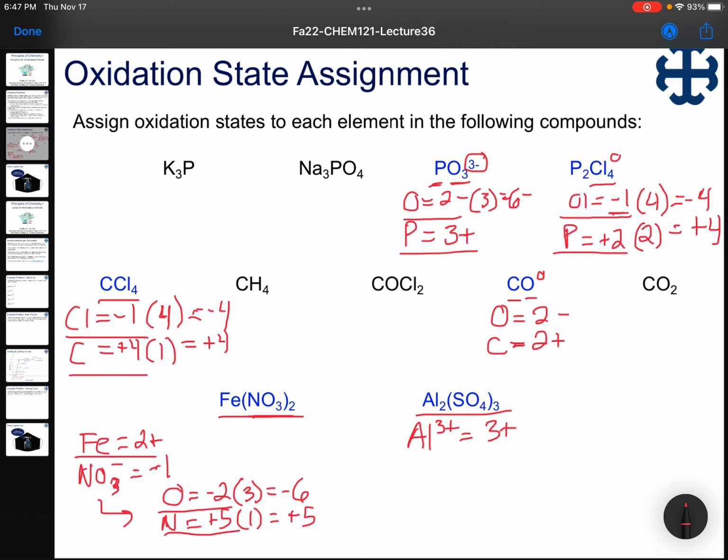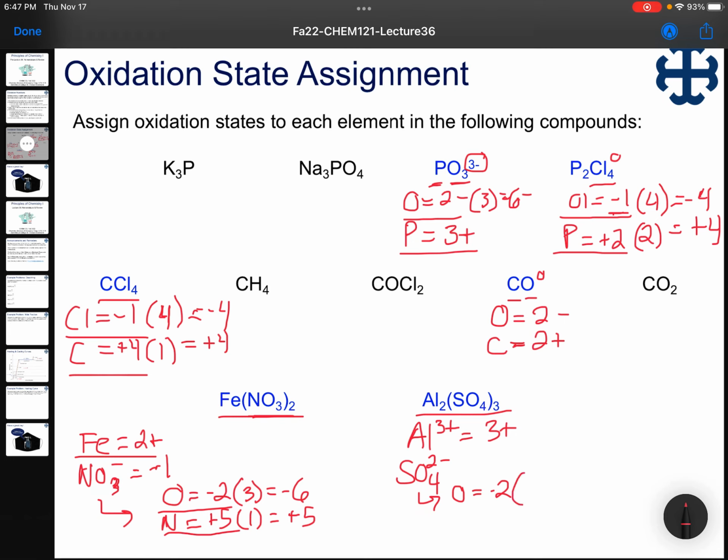Then if we break things apart again, sulfate, SO4, hopefully that's one of your polyatomic ions we know. We should know it has a charge of 2 minus, but even if we just know aluminum's charge, we can figure out what sulfate's charge is, which is 2 minus. And so we know that the oxidation states of our 4 oxygens and our 1 sulfur have to add up to -2. And so if we start to break that out, again, our rule, one that we use a lot, oxygen always has an oxidation state of -2, unless it's with hydrogen peroxide.